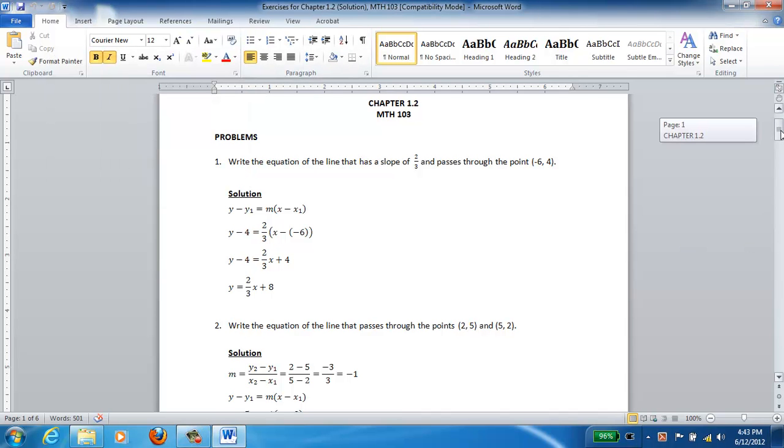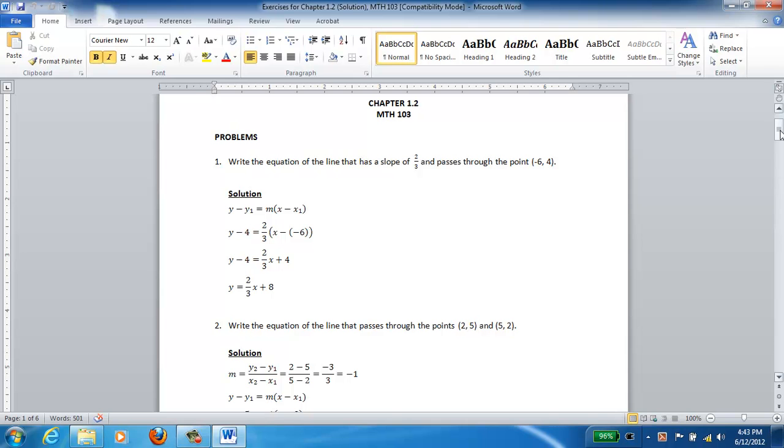Let's look at some solutions to problems. Problem 1. Write the equation of the line that has a slope of 2/3 and passes through the particular point (-6, 4). In this case, for the solution, we're going to use that same point-slope formula, substituting m equals 2/3, and for x1 and y1, -6 and 4. We can simplify this to y equals 2/3 x